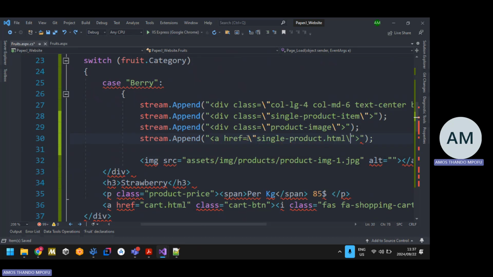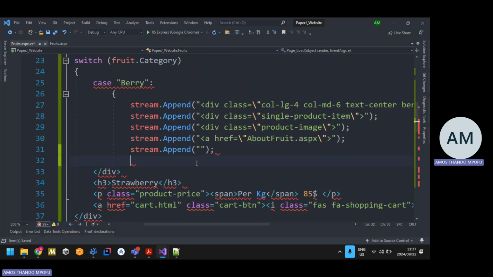And then this needs to redirect to the home page, right? To the about page. We haven't added the about page. So about fruit.aspx, that's what I'm going to call it. But for now, we're not going to implement that. I'm going to end it here for dynamically populating. And then I need to add the image. So remember,